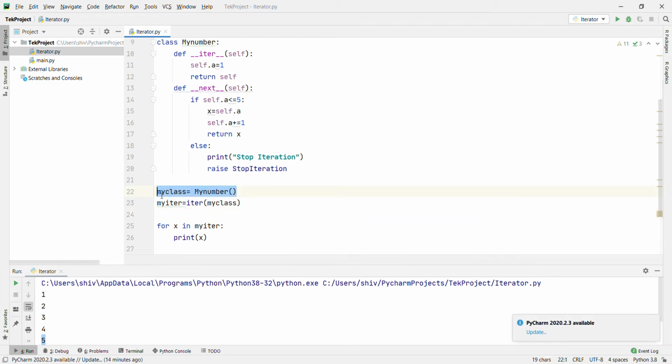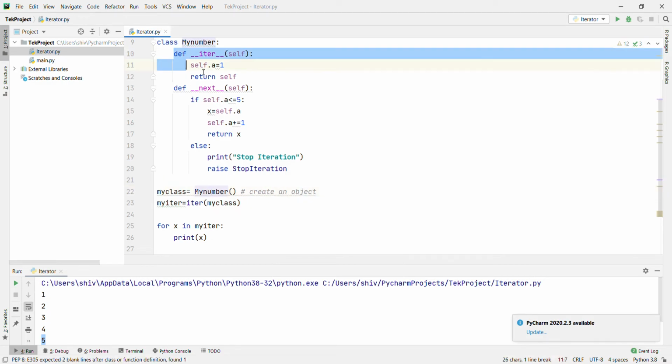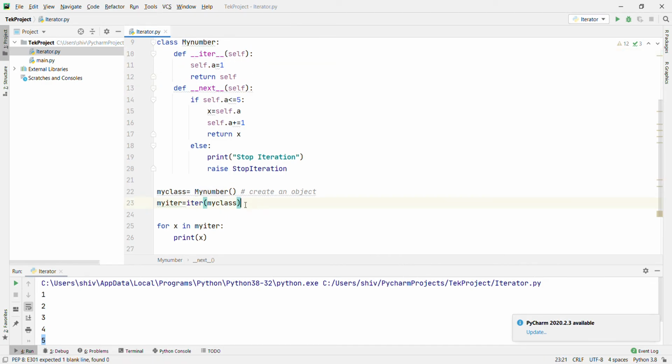When you create an object, it will set the value. When you iterate, it goes inside the __iter__ method, sets a to 1 and returns self.